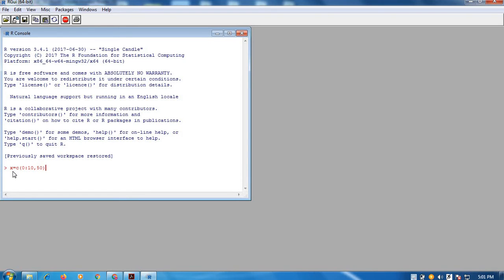What this means is I am creating one vector with this range. So let us print it. It is giving you values 0 to 50. Now we are interested in finding out the mean of this. So to find out the mean, what we have to do is